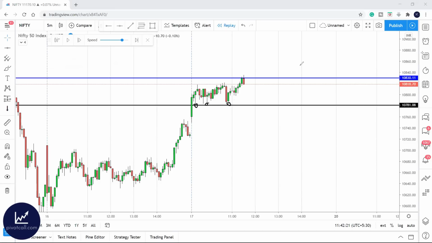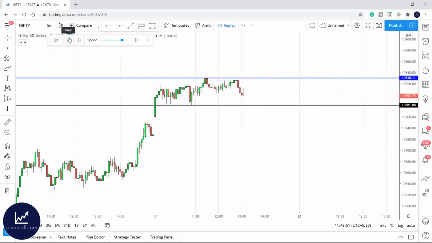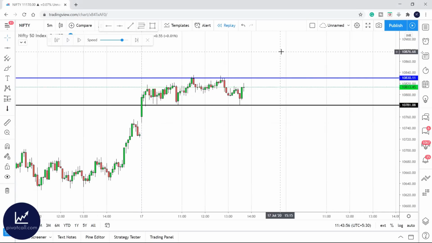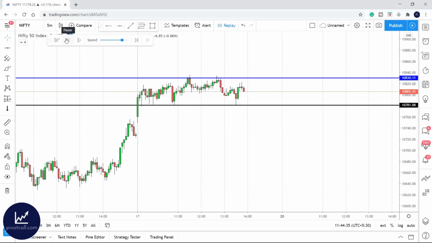So now let us see what happens after this. Can you see where exactly price reversed again? Because last time price bounced from here, this time it is also likely to take the support. So take profit here. That is what I said. I'll show you the exit, the way to take profit, and the way to keep the stop loss.